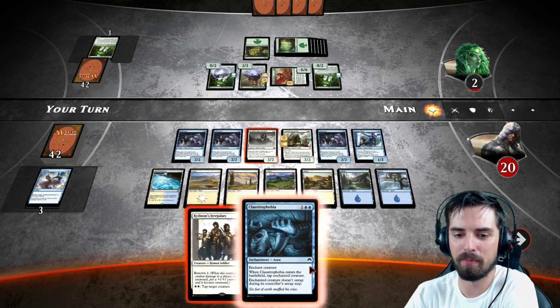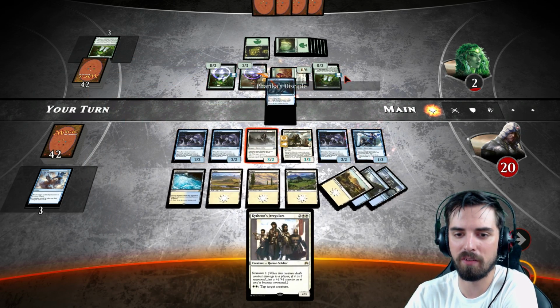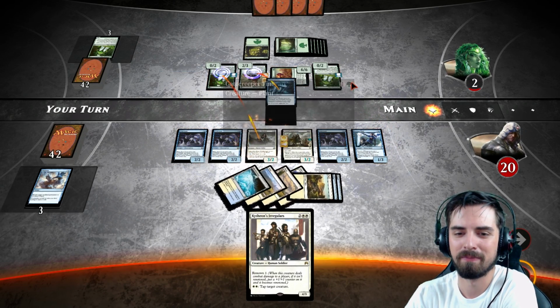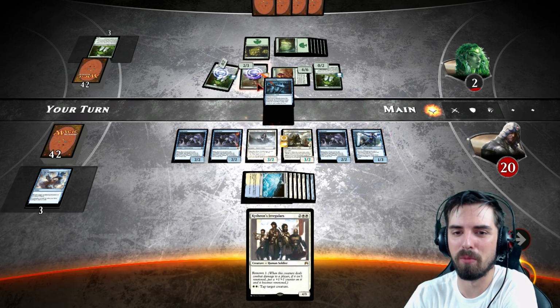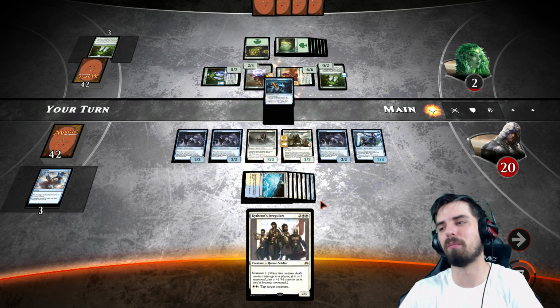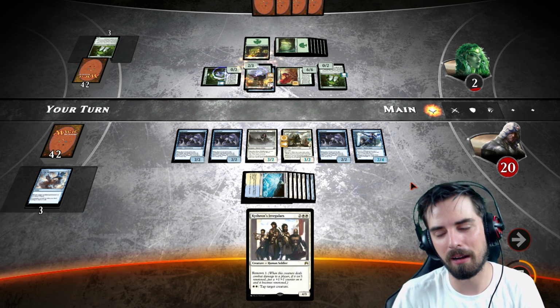So we go ahead and play this. We Claustrophobia. And why don't we troll the AI a little bit. Troll the AI by tapping even more. Claustrophobia that, tap that. Prowess pumps up these creatures even more. Now,